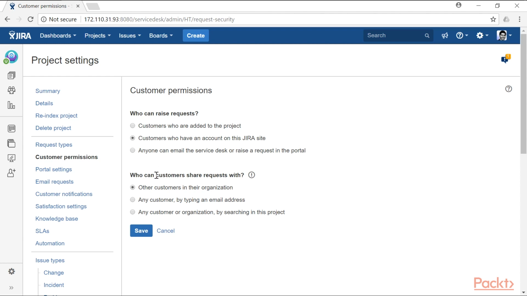And also you have the option to enable the customer sharing request. So if your customers are raising a request and they also want to share the ticket within their organization, you can also select the option here called other customers in their organization, or any customer by typing an email address, or any customer or organization by searching in this project. So you can actually select the third option if you think that you need to enable this feature of sharing